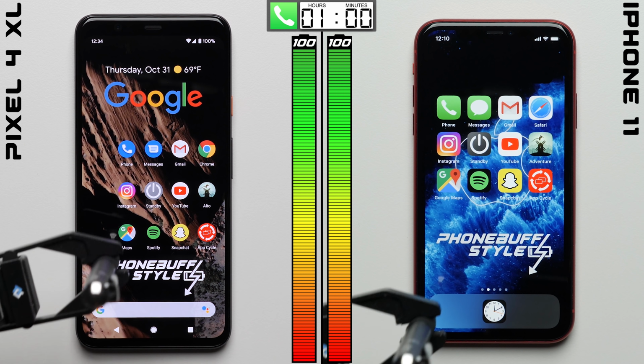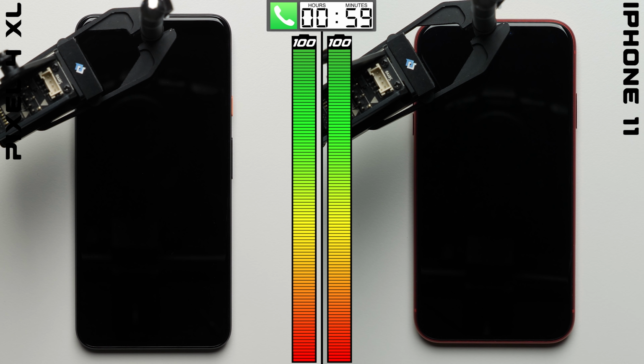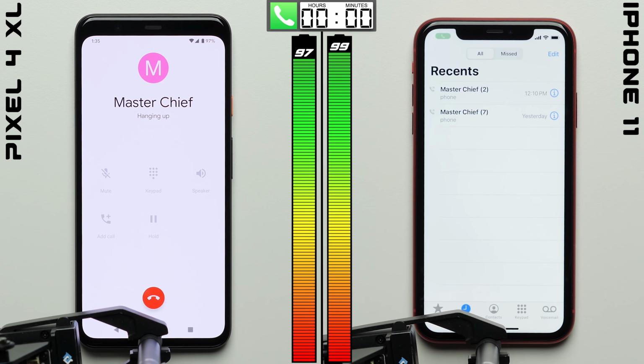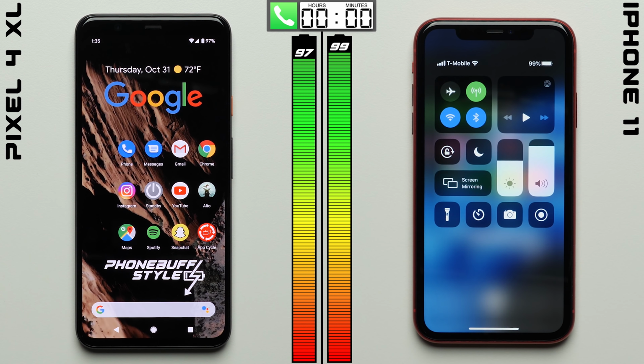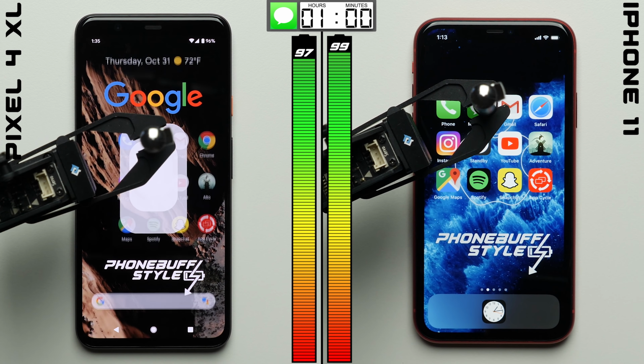Alright, we'll start things off in the phone test, where each phone will go on the same 1-hour phone call. We have a robot covering the proximity sensor for the majority of this test, with consistent audio coming in from the other end of the phone call in order to put those earpieces to work, where after 1 hour, both phones actually fare pretty well. The iPhone 11 does do slightly better though, pulling 2 percentage points ahead